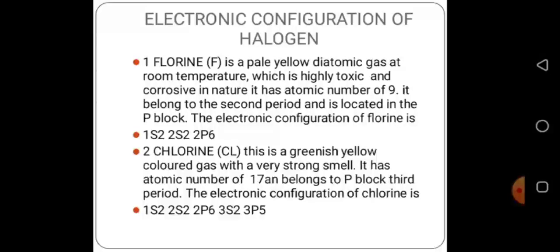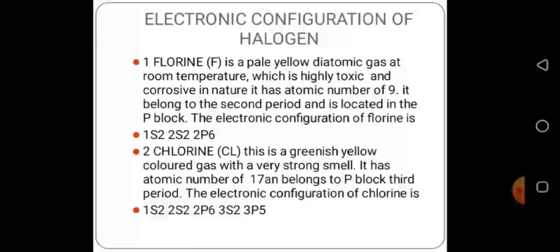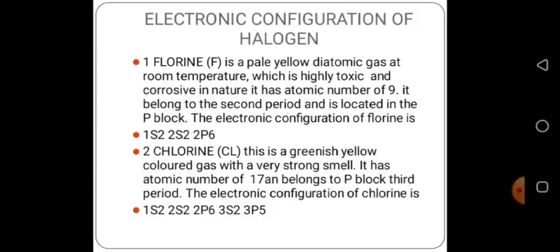So the electronic configuration of fluorine is 1s2, 2s2, and 2p5. Then the second one is chlorine. Chlorine is a greenish yellow color, and it is a gas with a very strong smell. It has atomic number of 17, belongs to